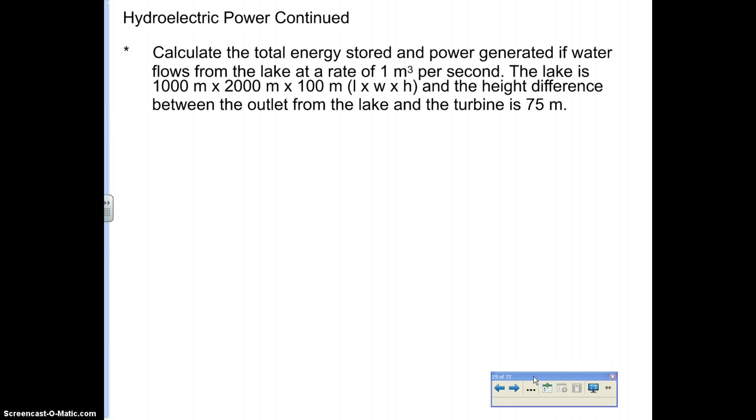With that in mind, first thing we want to look at is the average height, now this is just in general, okay? The average height is going to be 87.5 meters. I don't expect you to know that from this problem, okay? I'm just telling you that. Well, I guess you could say 100 meters above, and the turbine's at 75 meters, so 175 divided by 2 is the 87.5. Okay, so anyways, volume of lake.